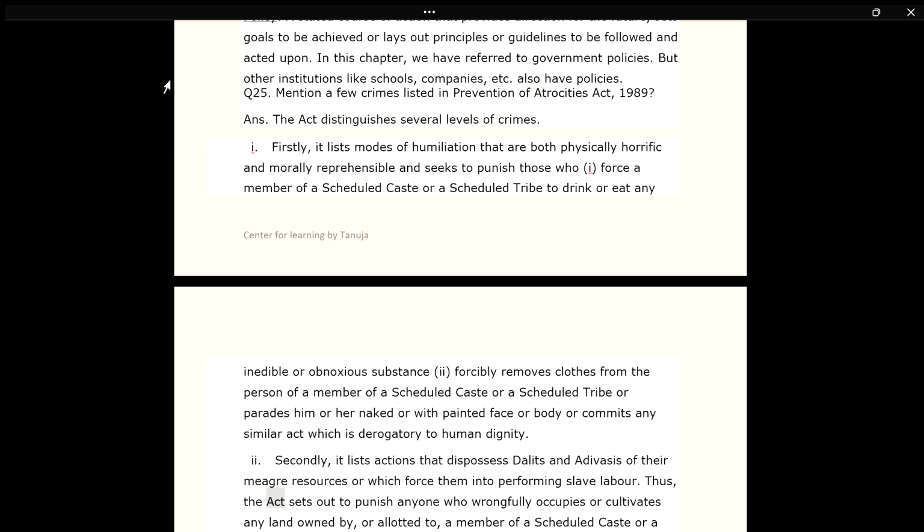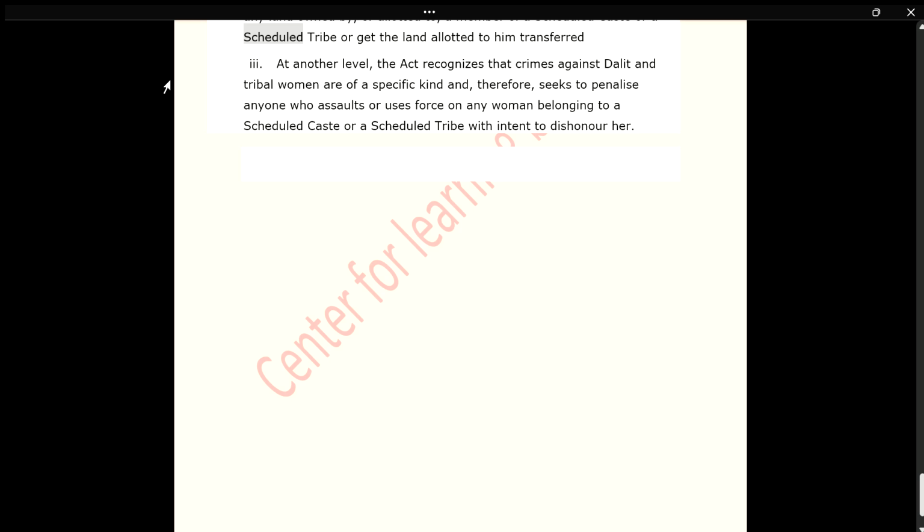Thus, the Act sets out to punish anyone who wrongfully occupies or cultivates any land owned by, or allotted to, a member of a scheduled caste or a scheduled tribe or gets the land allotted to him transferred. Thirdly, at another level, the Act recognizes that crimes against Dalit and tribal women are of a specific